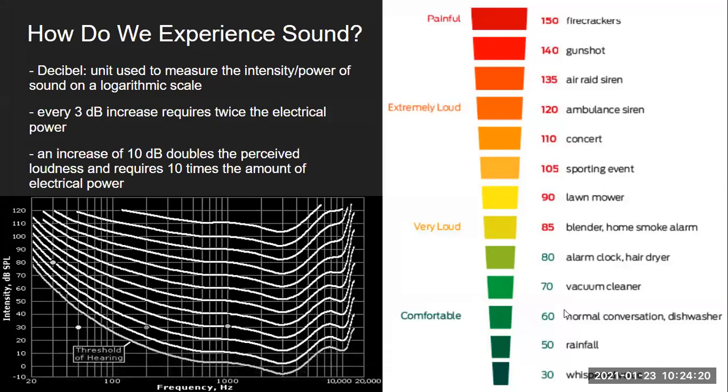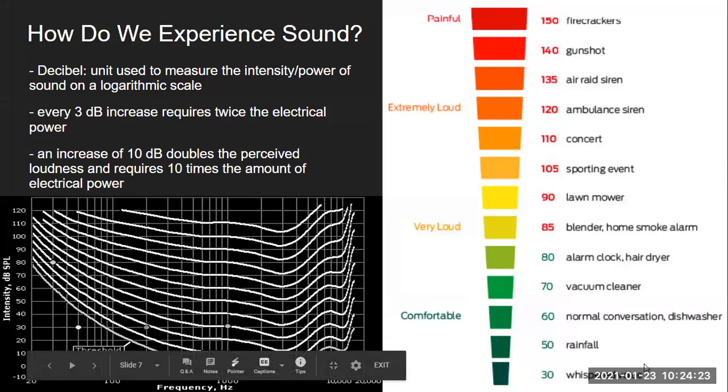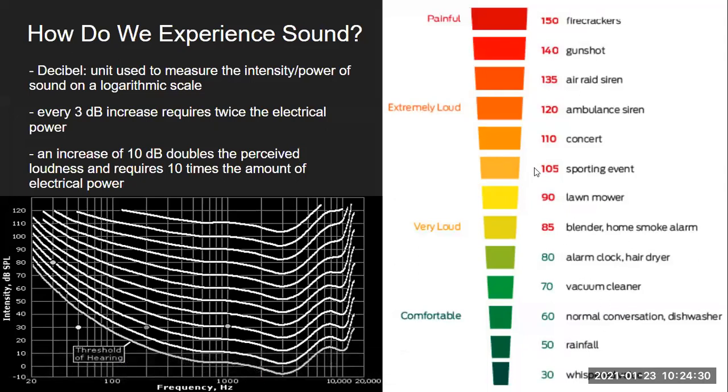On the right, you can see a scale of, oh, 30 decibels is I'm whispering to my friend. 50 decibels is it's raining outside. And as you amp things up, you see the full range of things you're probably familiar with and can conceptualize how loud that difference is. Some of these differences don't seem equivalent, and that's because decibels are actually measured on a logarithmic scale. So something that sounds twice as loud to you actually contained way more energy to produce, more than double.